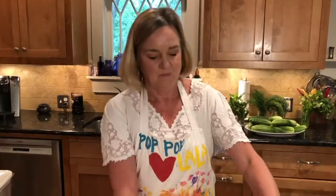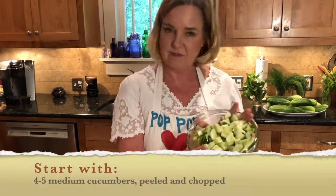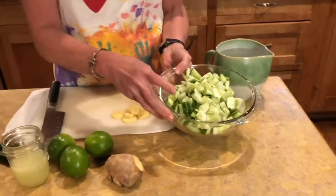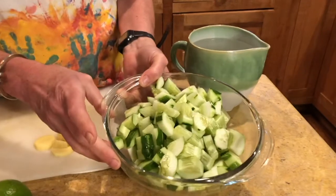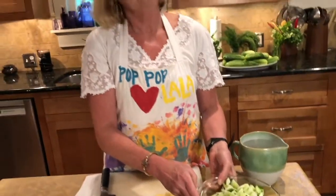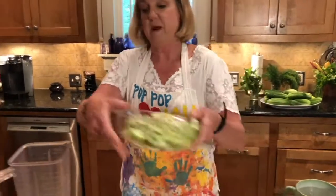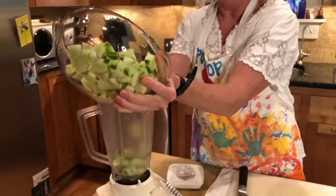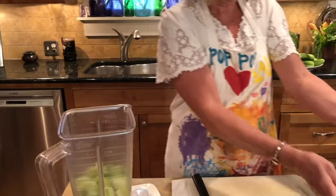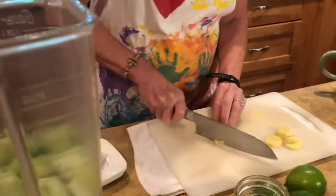We have chopped 4 or 5 medium-sized cucumbers straight from the garden. You can see I have left some of the skin on. I do that because it gives it a little bit greener of a color, and green is my favorite color. So what we're going to do is start by putting, not all of these, because all of these won't fit unless you have some industrial blender. And I've got a couple of inches of ginger root